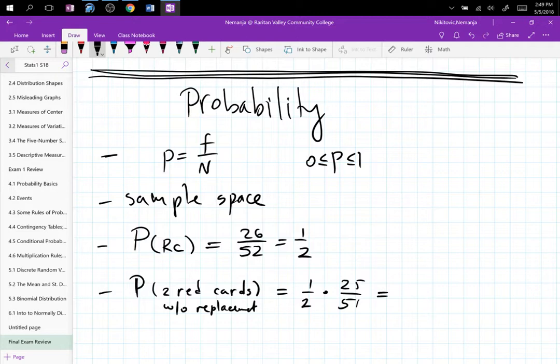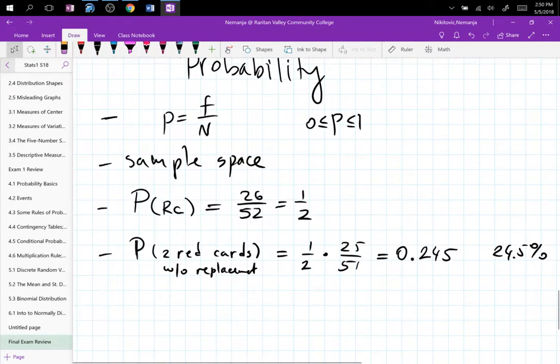So this would be the probability to pick both of these cards. Let's see, this is 25 over 102. So the probability is 24.5%. You have 24.5% to pick 2 red cards in a row